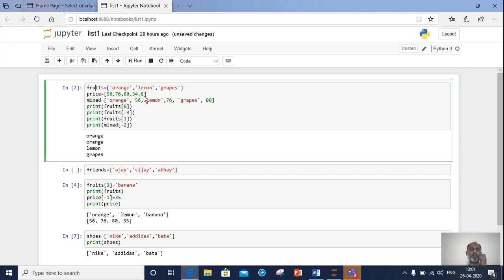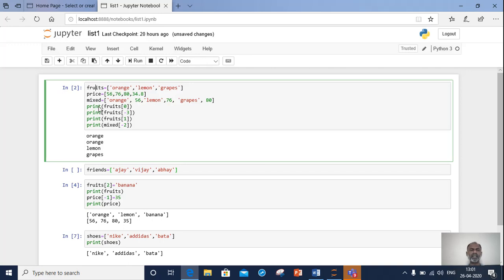These are four values assigned to price. If you see the difference, these are alphanumeric values and these are numeric values. And if you watch this closely, the last one, 34.8, is a floating point number or a decimal value. So we can give numbers, decimal values, we can give alphanumeric values also, strings if you call it.